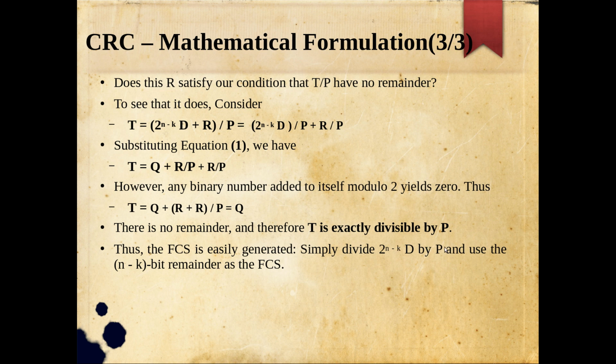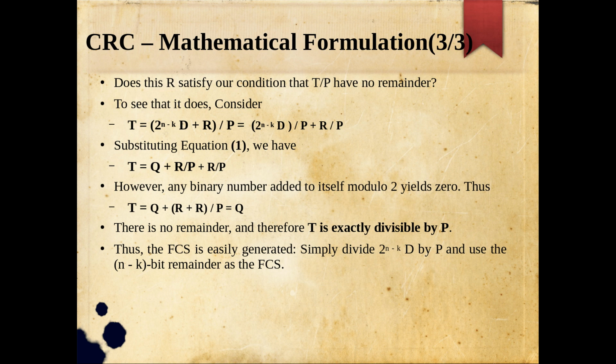That means if the pattern is 5 bits, the remainder is at most 4 bits. It may be less than that also. I assumed that the pattern is 5 bits, for example, so the remainder should be less than that, right? If you are getting a remainder that is 5 bits or more, definitely you can perform the division one more time. So if the remainder is 4 bits or less, you stop the entire division process at that point.